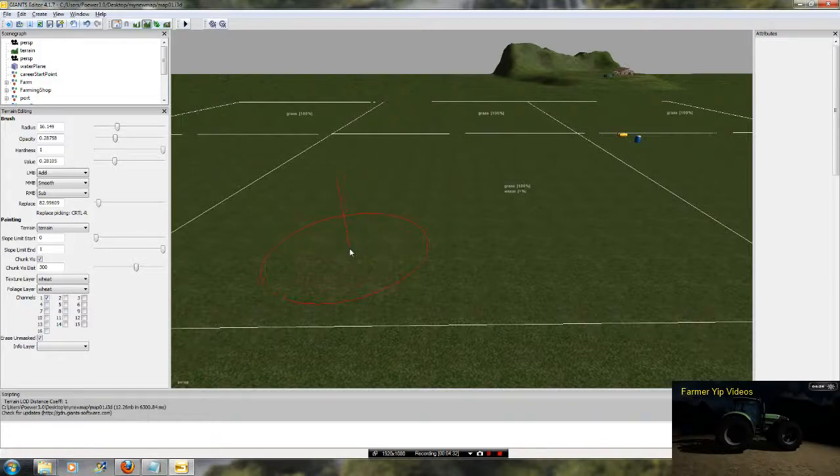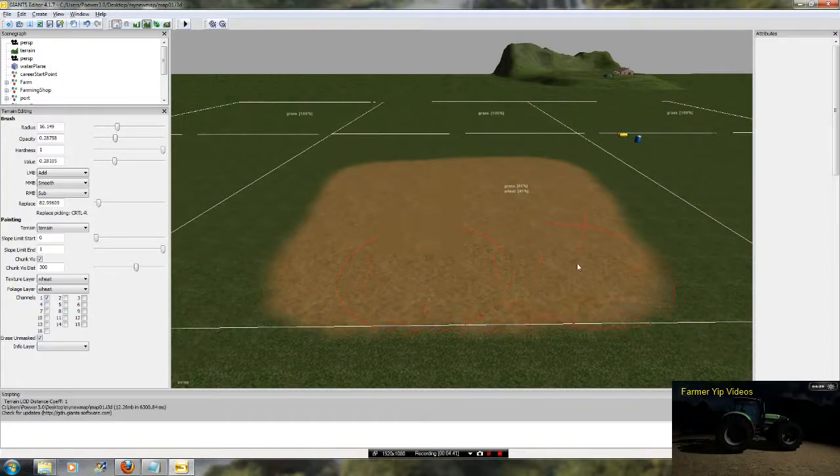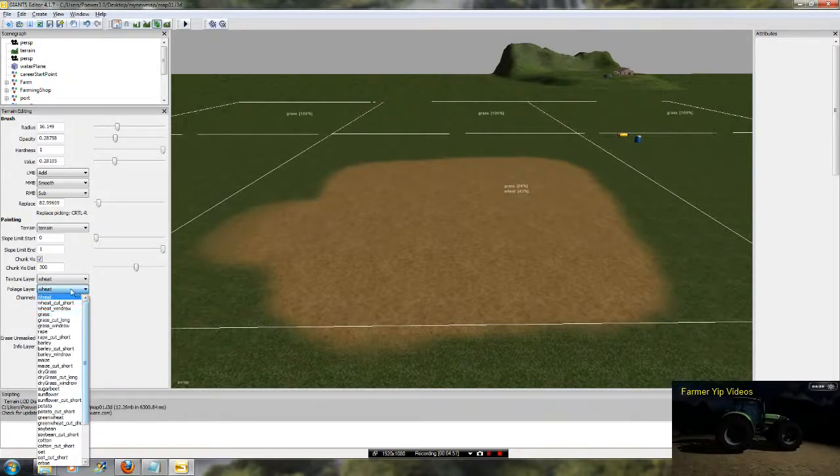So let's just put down this wheat paint on the ground. So put this down first, the rough outline. You can change it after if you make a mistake like that, it doesn't matter. We can go back and change that once we've painted the field on top. Then we go to the Terrain Foliage Paint mode, and we're going to paint. I think we'll do barley, but